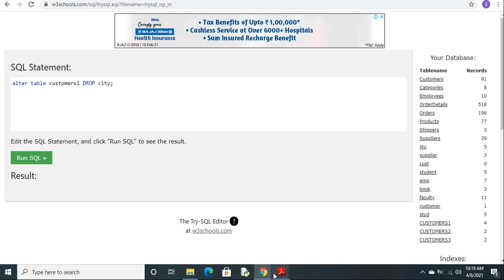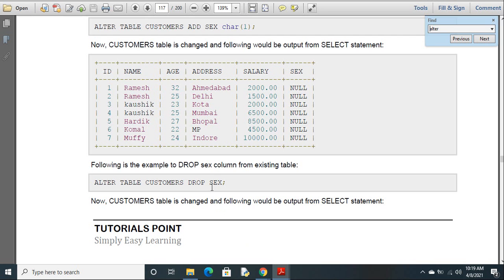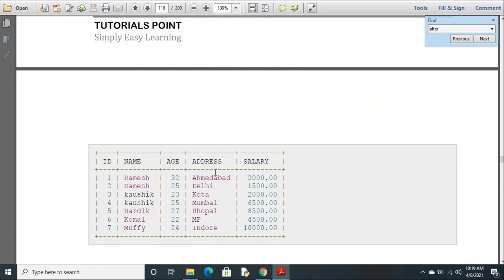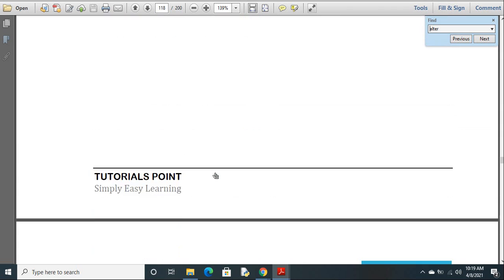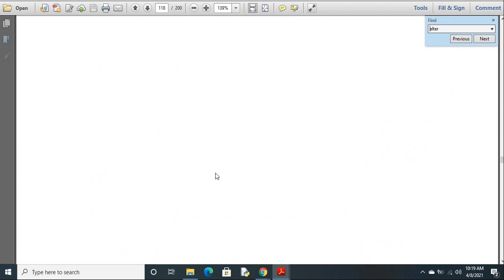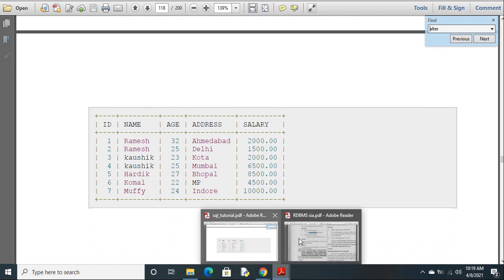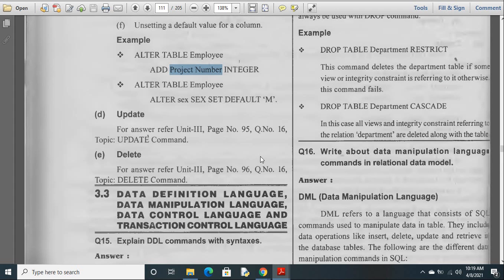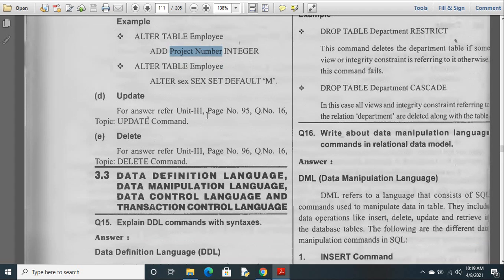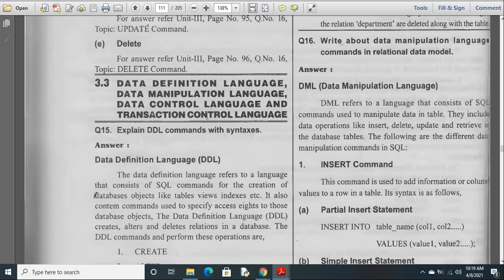Something wrong. Okay, let it be. We'll see that, that might be an editor problem.